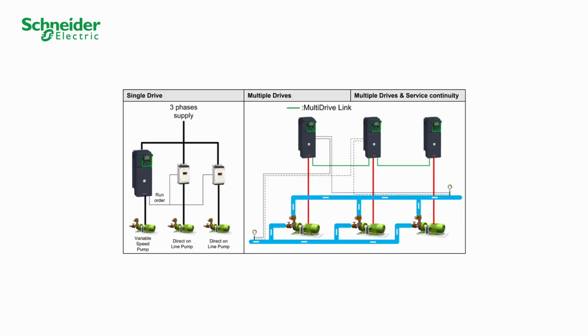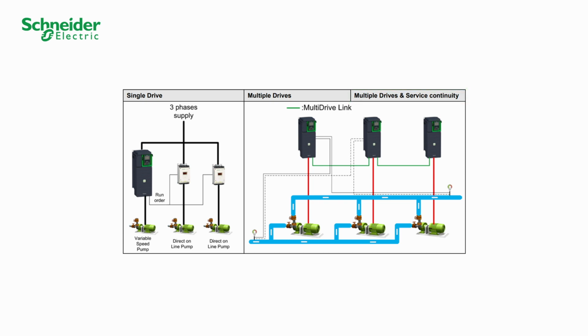There are 3 different multi-pump architectures. 1. One master ATV600 and several direct motor starting or electronic starters. 2. One master ATV600 and several other ATV600 drives in slave mode. For this configuration, if the master stops, the system stops. 3. Several ATV600 drives that can act as master or slave only through multi-drive link technology. If the current master stops or is in maintenance mode, the other master or masters take over control of the